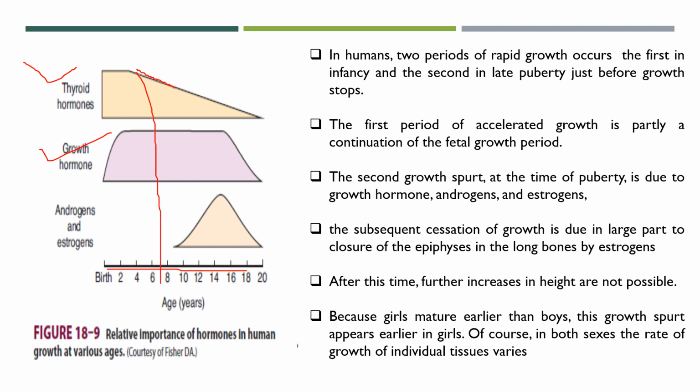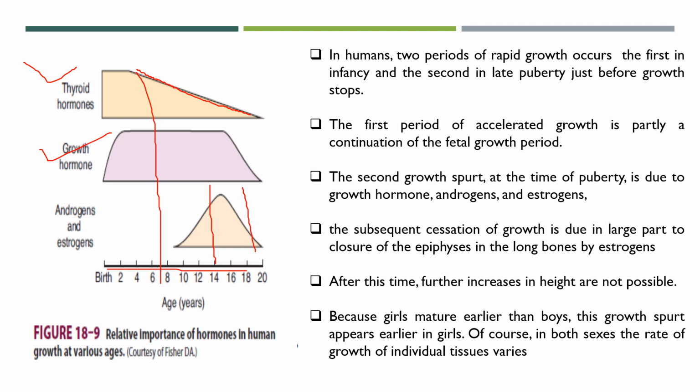But the thyroid hormone level will be tapered off. Now the growth spurt comes at pubertal time. The growth spurt during puberty will be the combined effect of the growth hormones and the sex steroids. Now, one important point is that thyroid hormones have widespread effects on the ossification of cartilages, the growth of teeth, contour of face, and the proportions of the body. So this proportion is very important.